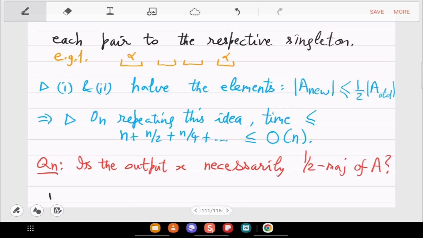So the third observation is to check the frequency of x in A greater than n by 2.